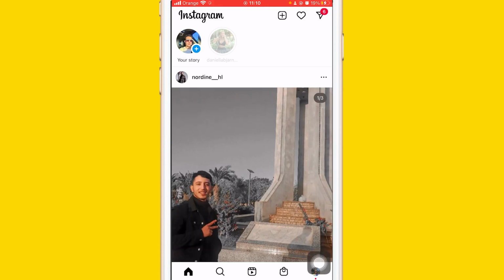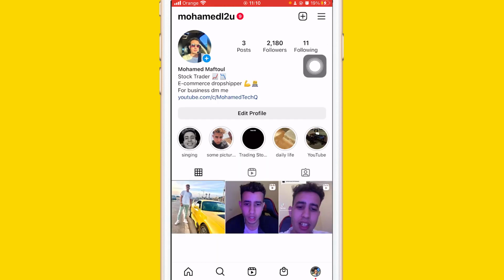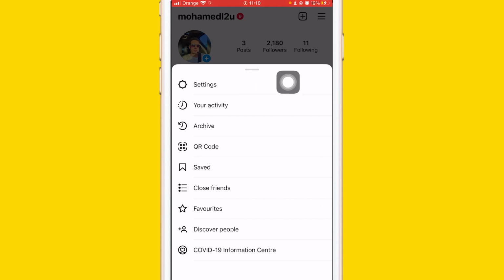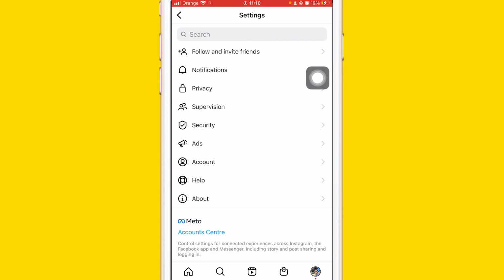After that, guys, you want to click your profile picture at the very bottom right, and then click the 3 little lines in the top right, and then click on settings in the top. Now if you have update messaging here, you want to click update messaging in the top. I don't have it, but I'm going to be showing you another method which worked for me. Now you want to just click update messaging and follow the steps, and you will be able to reply to a specific message by pressing and holding for 1 second, and you will be able to see the reply